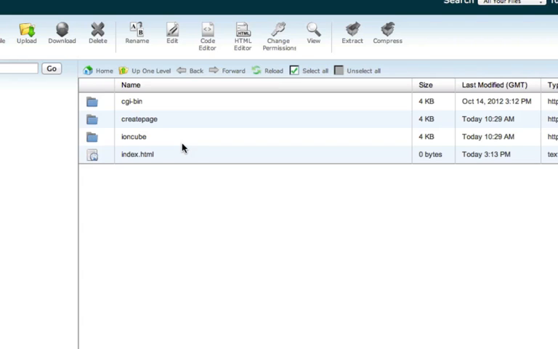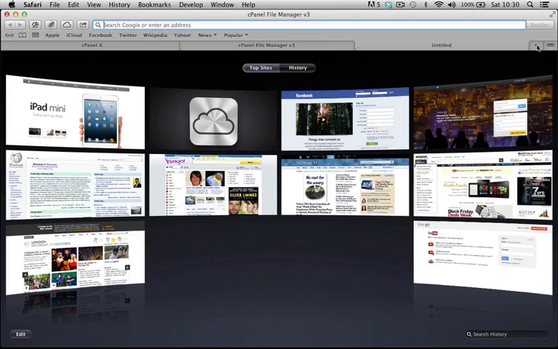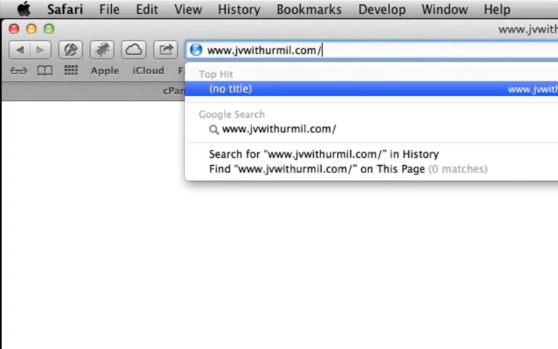Now that that's been installed, the first thing we need to do is check that we have the IonCube loaders installed on our servers. In order to do that, we need to go back to our web browser. So open up a new browser tab, navigate to your domain name. Once you're at your domain, you want to navigate to the following folder and file to test that you have the IonCube loaders installed on your web host so that you'll be able to run the Prospecting Wizard Pro software correctly. In order to do that, simply go to your domain